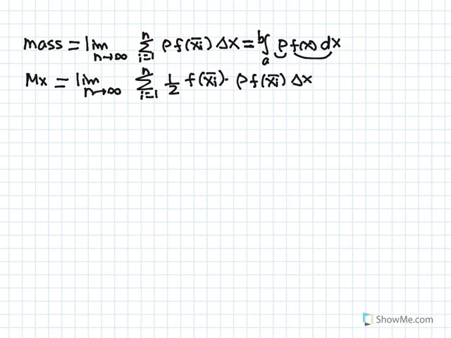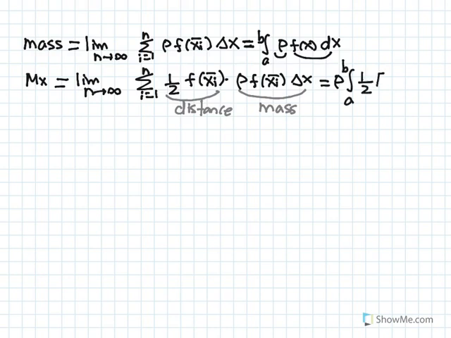Key concept: this is the distance to the x-axis, and moment is always mass times distance. And this part is the mass of the rectangle. This is equal to rho times the integral from a to b of 1/2 f of x